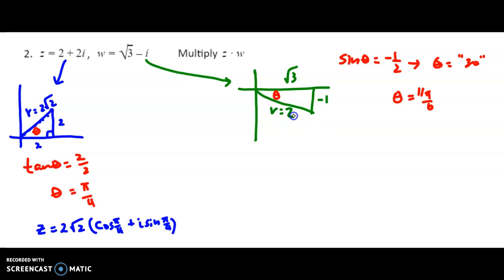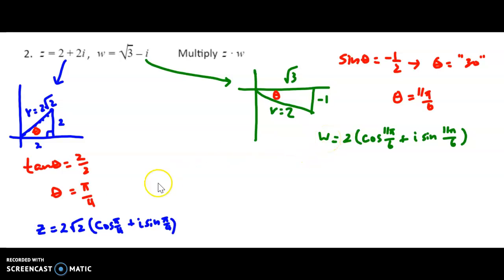Okay, so here's your R value, and here's your theta. That means W is written as the following, right, which is right here. Okay. Now we're multiplying these two numbers, right, the Z times the W, and looking at the formula at